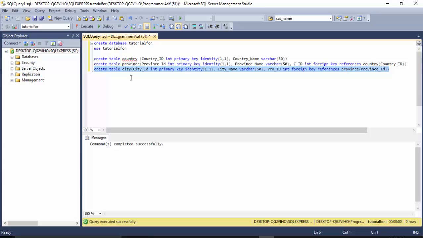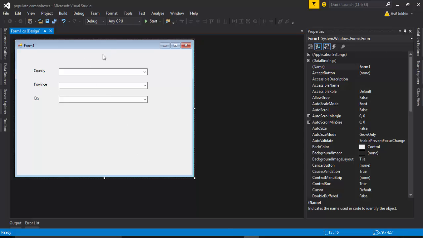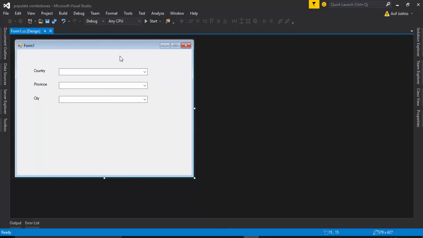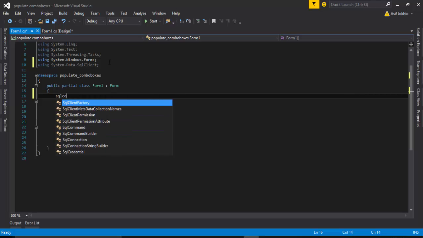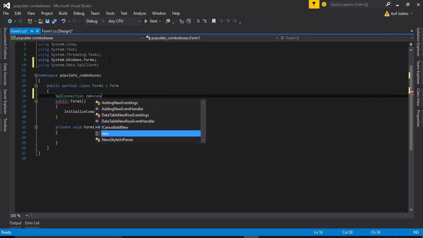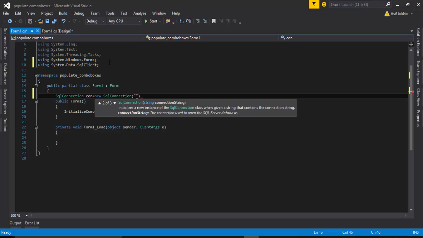So after creating the database and then the tables, we need to make a connection between SQL Server and Visual Studio C#. So I go to my C# Windows Form application project and double click on the form, and then I need to import the library to make a connection, and then I create the SQL connection equal to new SQL connection, and I call data source,